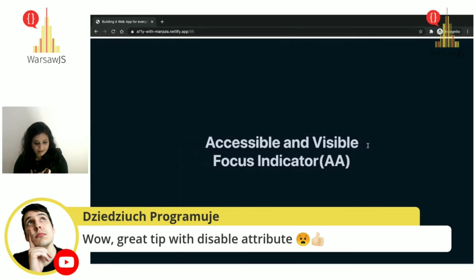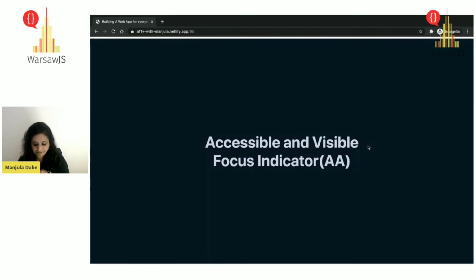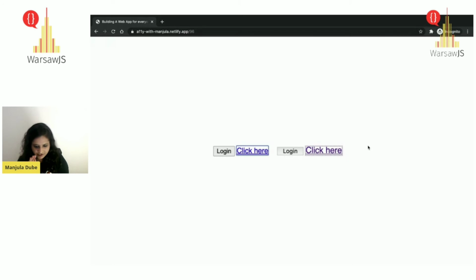And now, how do you deal with focus indicators? They're actually the best part of accessibility. Let's say I've just written a button and a link, in default native HTML. How would the focus indicators look? By default in various browsers, for example, on the right-hand side you see Firefox, and on the left-hand side you see Chrome. The default focus indicator behavior varies, and none of the designers will really like it.